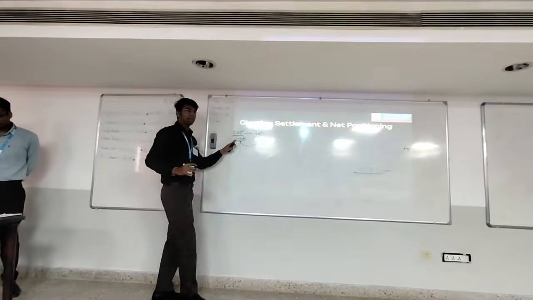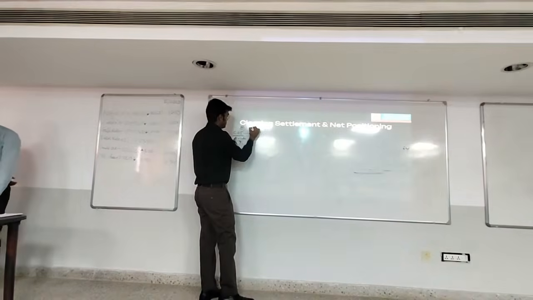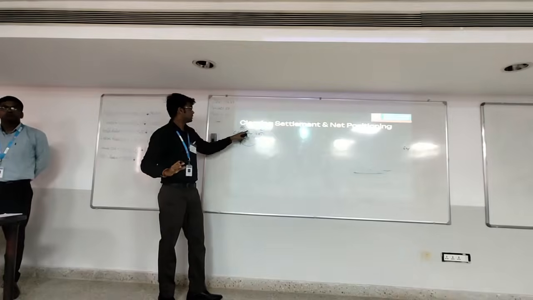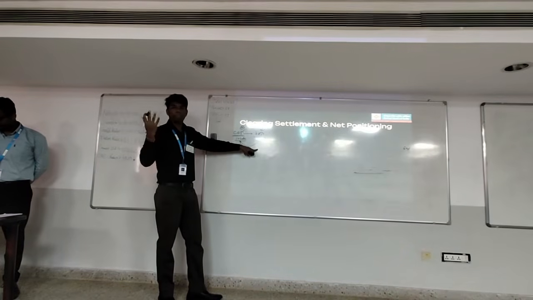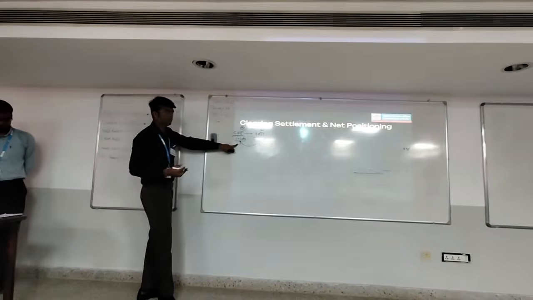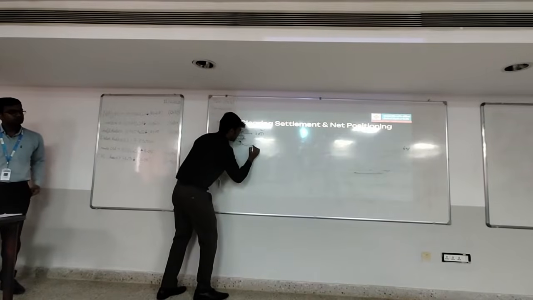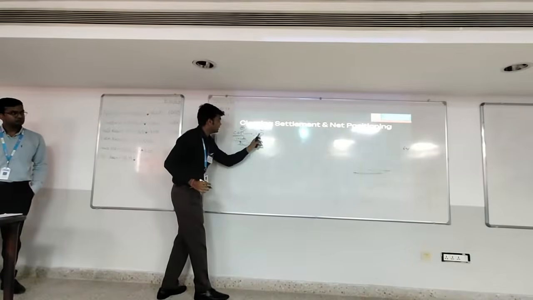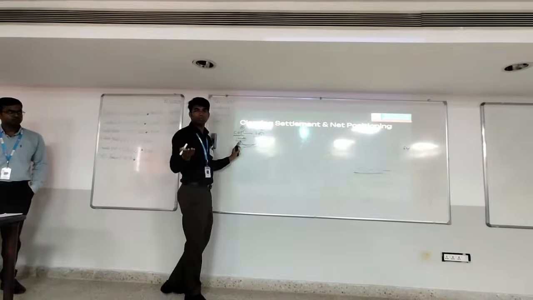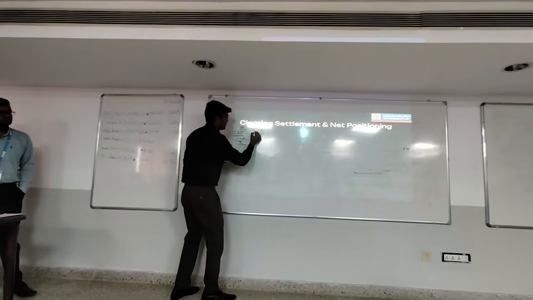So CBI said that I need 10 lakh rupees. He gave 10 checks, and the other gave 15 checks. It doesn't mean that if there are more checks, the amount will be high. 15 checks of 8 lakh, 10 checks of 10 lakh. How will this netting system happen? CBI will give checks to SBI, and SBI will also have some checks of CBI. They both have current accounts.